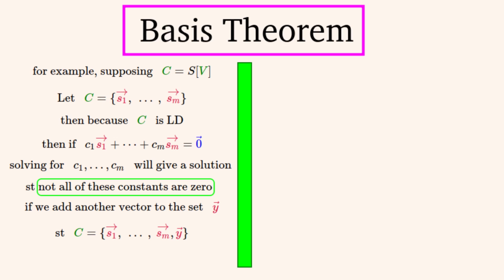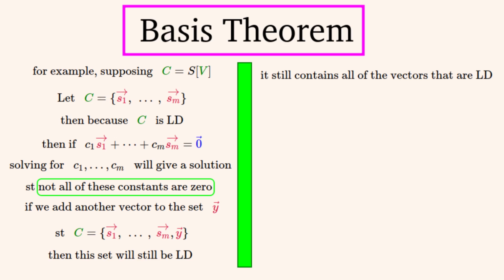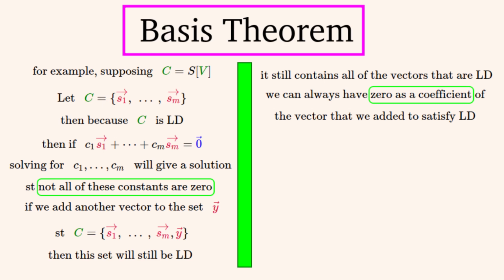So then if we add another vector to this set, then this set will be linearly dependent too, because it will contain all of the vectors that cause linear dependence, because we can always have zero for the coefficient of the vector that we added, which was y, to satisfy the linear dependence equation. This is the equation that needs to have a non-trivial solution for all of the coefficients of the vectors, even if y is linearly independent of the rest of the vectors in the set. We can always give it a coefficient of 0, and the rest of the coefficients already have a non-trivial solution